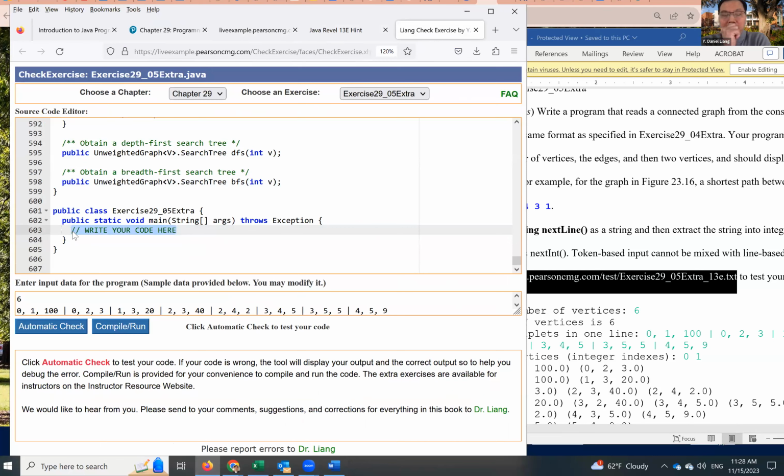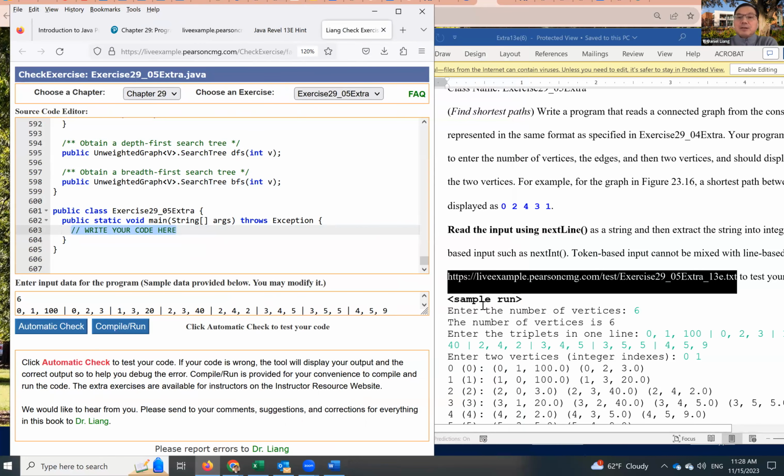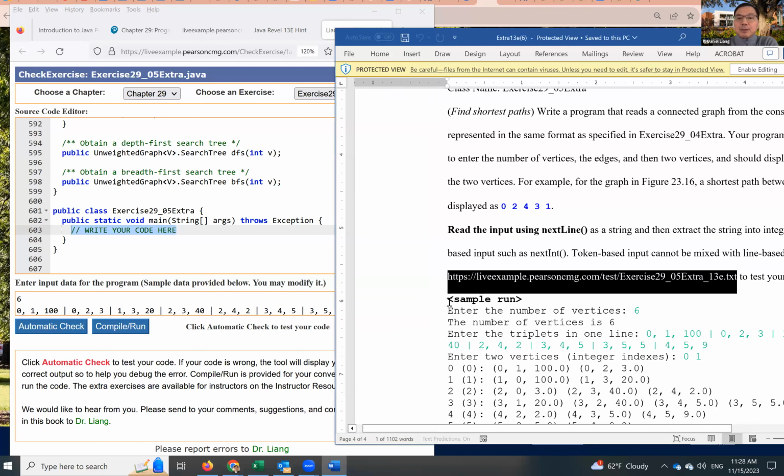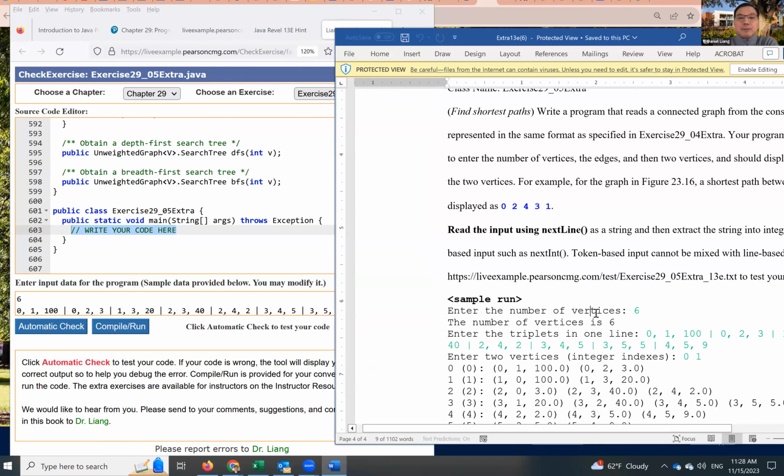All right. So we're going to write the code now. You look at the sample run here, and this is what you need. You have to prompt the user to enter the number of vertices. That's the first thing you have to do. And then display the input you just entered, 6, the number of vertices is 6,